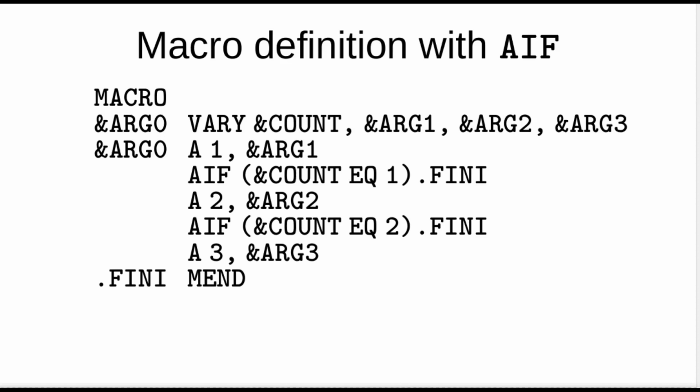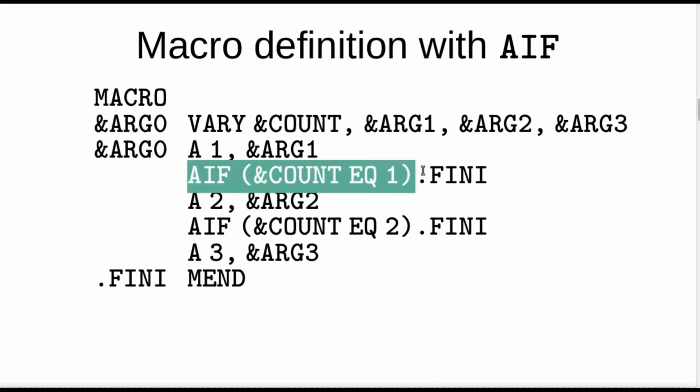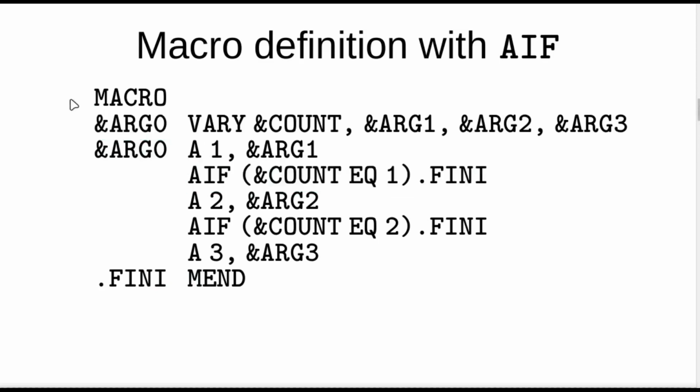So let us have a sample macro definition first, and then we will try to understand what this definition is, and then we will see how to use this definition to generate different forms. This is a very simple example. It starts with MACRO, it ends with MEND, but there are different parts to this example which we have not seen earlier. So today we will go through and understand what each of these statements means, fine.